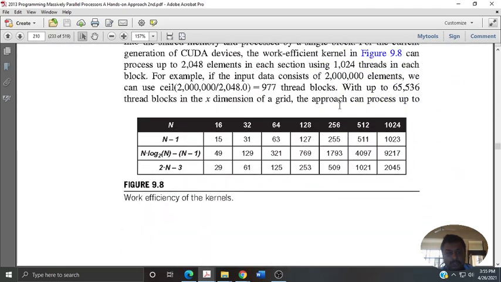What I wanted to showcase is 2 raised to n minus 1 at the maximum. So many computations can happen whenever you compare these numbers.